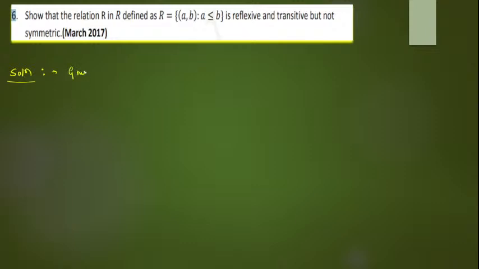Given that your relation R is defined on the set of real numbers. Remember, set of real numbers. So real numbers contain positive numbers, negative numbers, integers, irrationals, rationals, right? Okay, now the relation R is given by: it contains an ordered pair a comma b such that a is less than or equal to b. By taking an example also you can prove this. First I will write